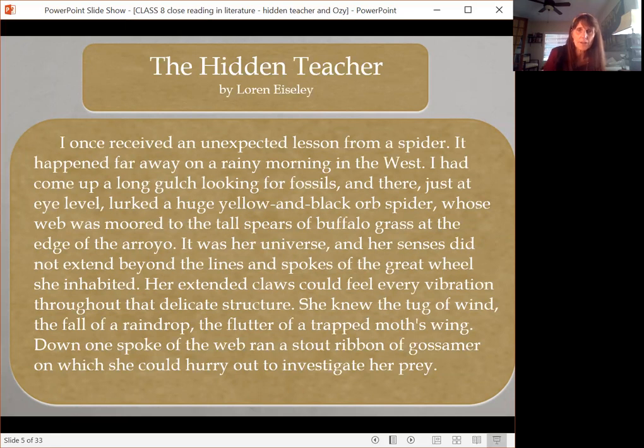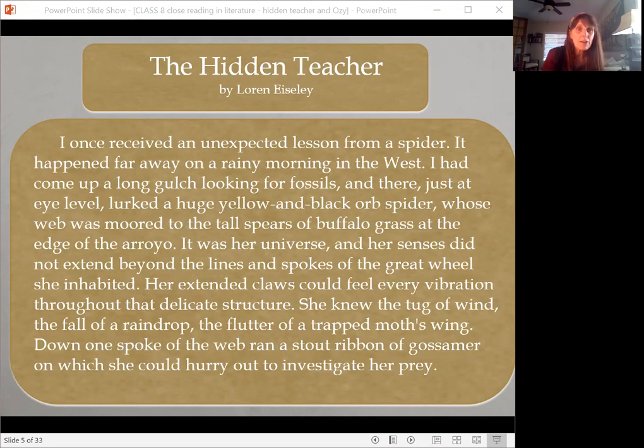So we've got the narrator, these are our characters, and we've got the spider, and a lesson's going to be communicated. So where did this happen? We need a setting. That's where fiction takes place, a world. It happened far away. Where's far away? Far away from what? Far away is a very abstract thing, and it sets a tone for this piece. Far away gives us a legend, ideal, a myth. It's a story.